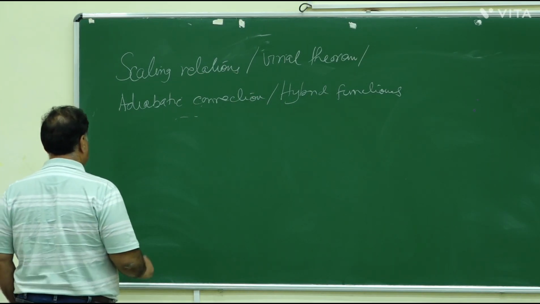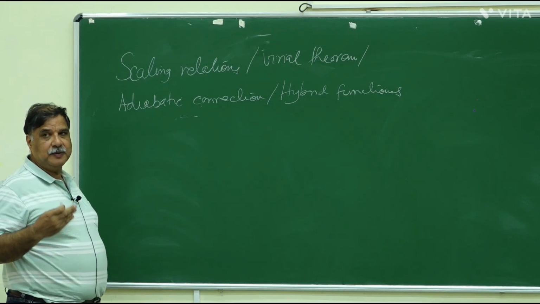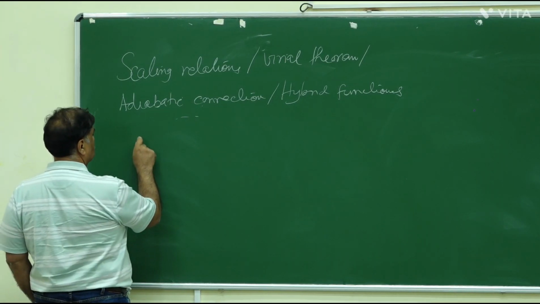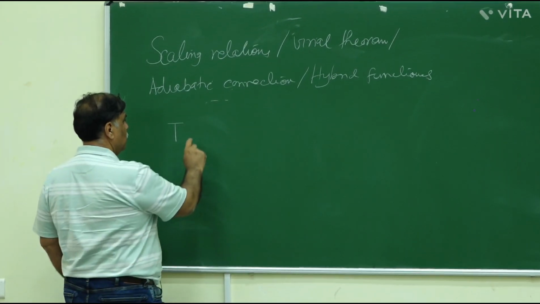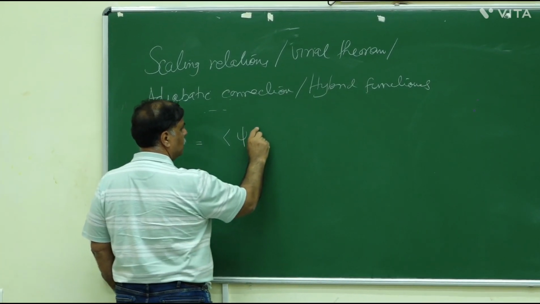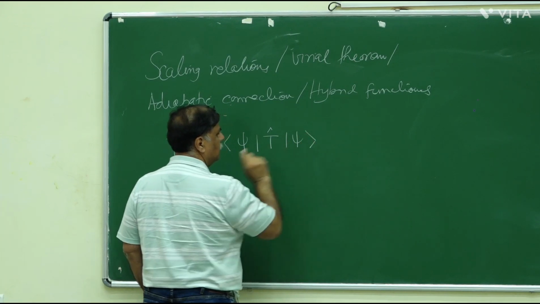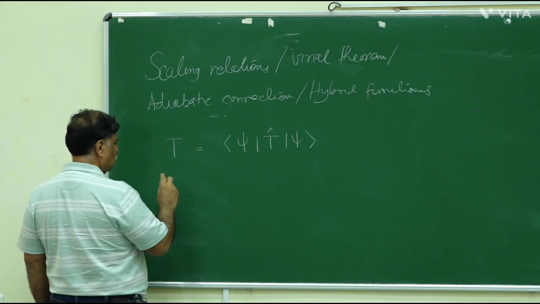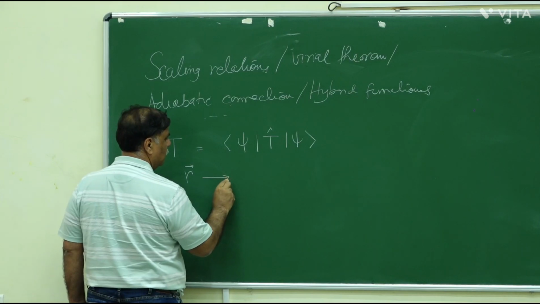So then how do these functionals as functions of n change? And this becomes a mathematical relationship which should be satisfied when you construct functionals. So for example, if I take the kinetic energy, which is equal to psi, the kinetic energy operator psi, and if I change the coordinate, do the coordinate scaling, that means if I let r go to some alpha